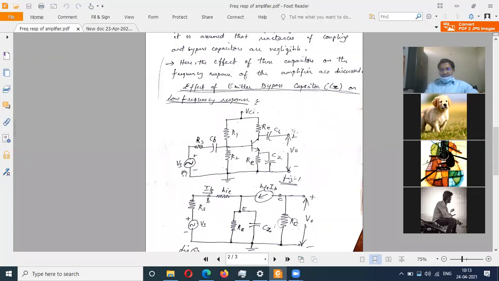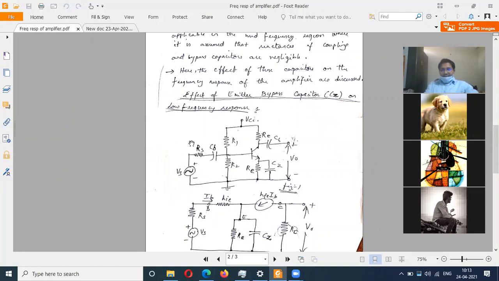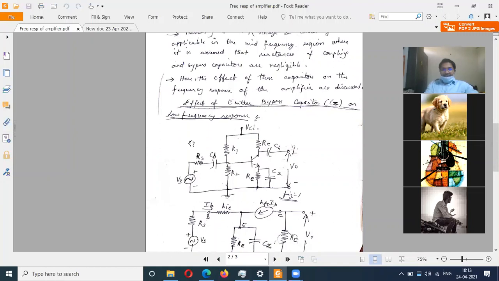Then what we will do, these two as it is short circuit. So what do we have? VS RS as it is, and then this one we are shorting, isn't it? Why we are shorting? Again, I am repeating.